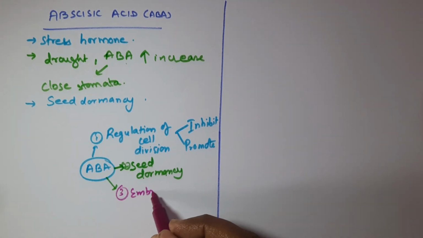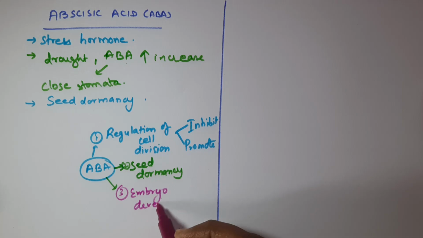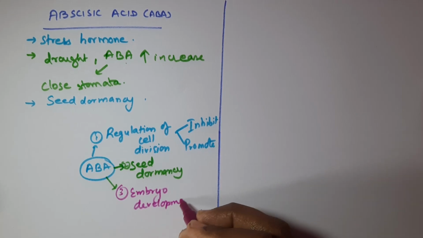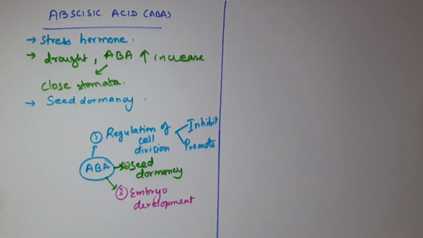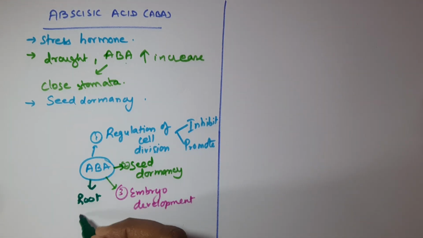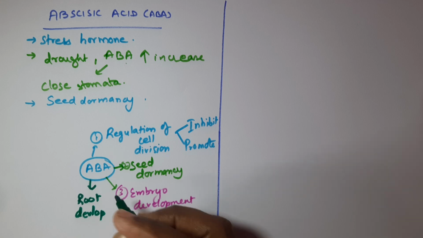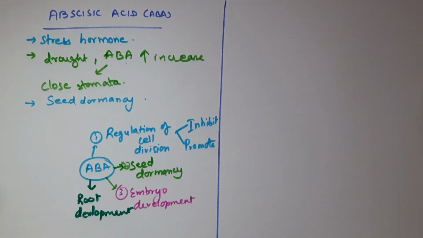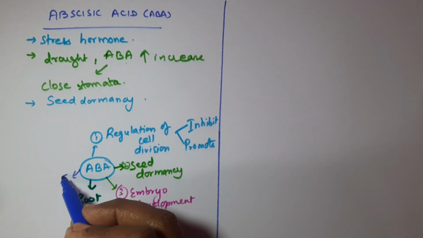I told you that with a high concentration of ABA the seed will be dormant, but in the favorable condition the ABA content will decrease, and then germination will happen. That will lead to the embryo growth. The fourth function of ABA is root development. The fifth role of ABA is